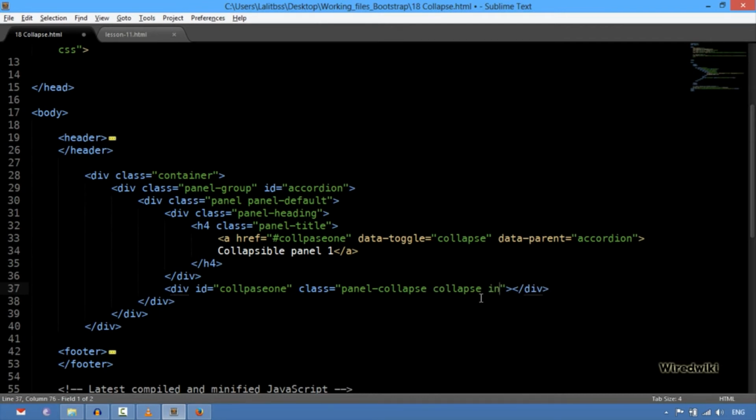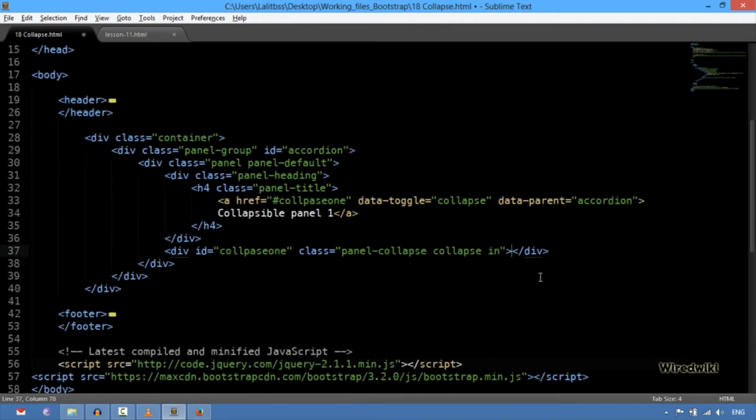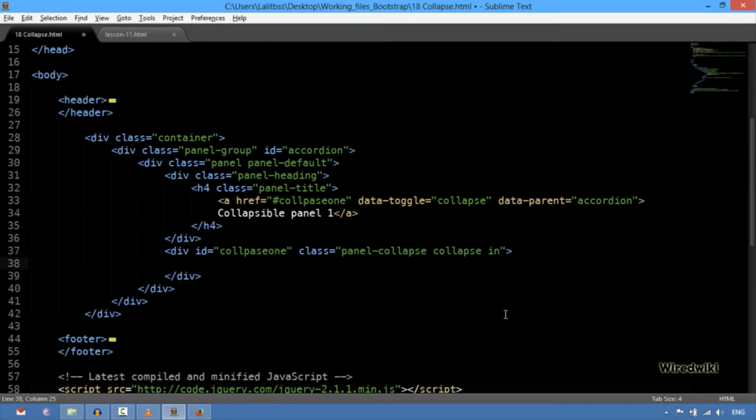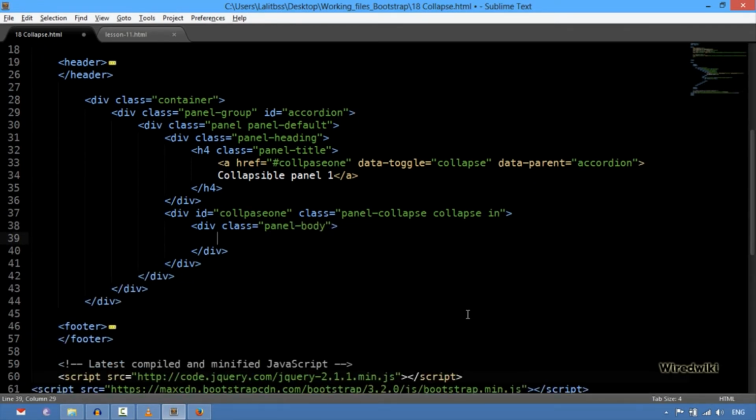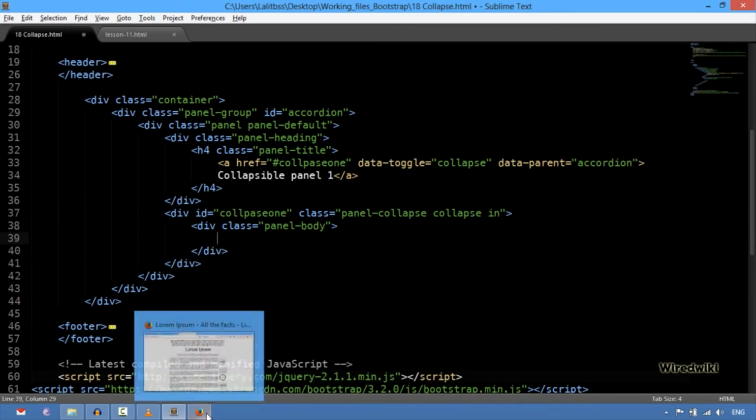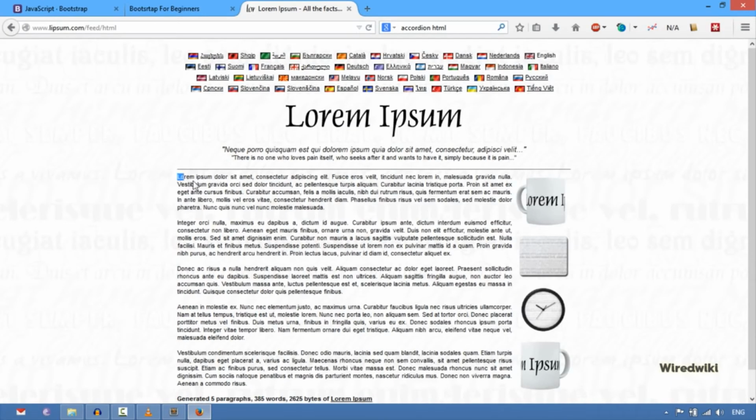So this is the first panel, and inside this I'm going to create another div for the panel-body class, and inside this I'm going to add some text. I'm going to go to lorem ipsum and copy a little text,